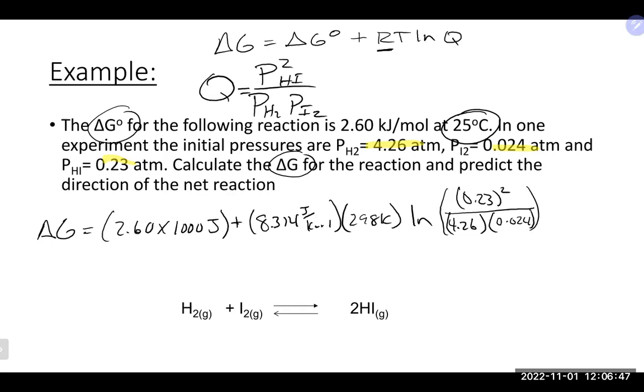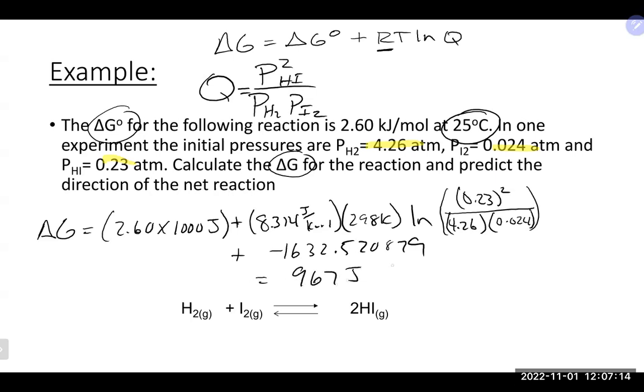Then times it by 298, times it by 8.314. And I believe that gets us kind of on this side, minus 1632.520879. So we're going to then take 2.6 times 1,000 and then add it to that answer. Going to yield us